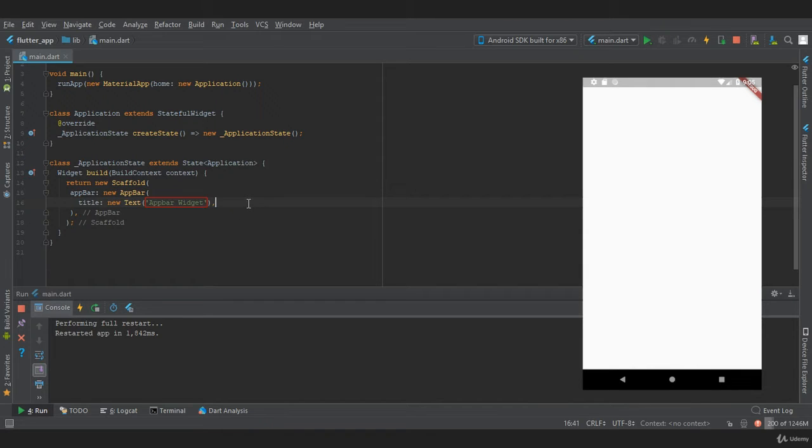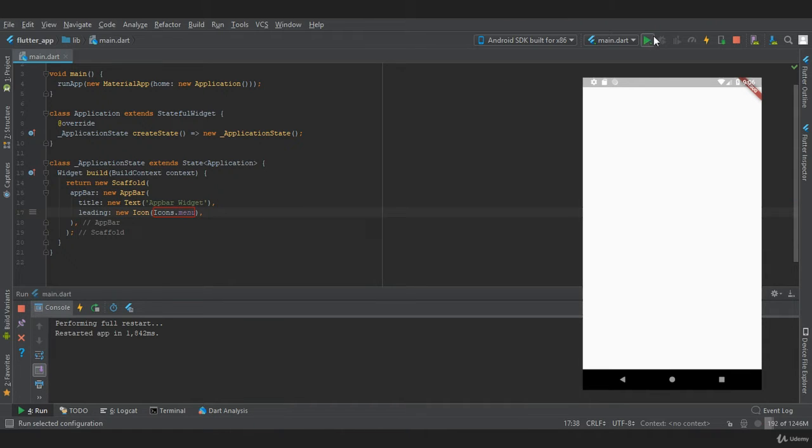And now we are going to create a leading property. In this leading property, we are going to provide a widget. So we will provide an Icon widget, Icons dot, and let's give a drawer icon.